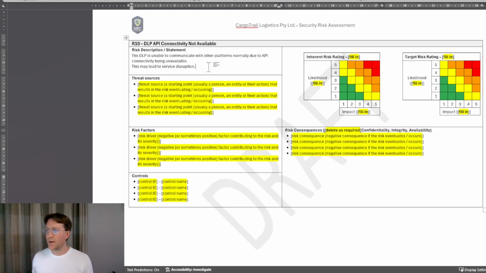For risk 10, DLP API connectivity not available. API being application programming interface. It's how different programs talk to each other. So when you make a program and you want another program to be able to talk to it, you need the information to come in a certain format, with certain attributes or characteristics to that information so that your app can interpret the information correctly. So you make sure that you publish this information so for other people to integrate with your app, they know how to set up the information so it arrives in such a way that your app can read it correctly